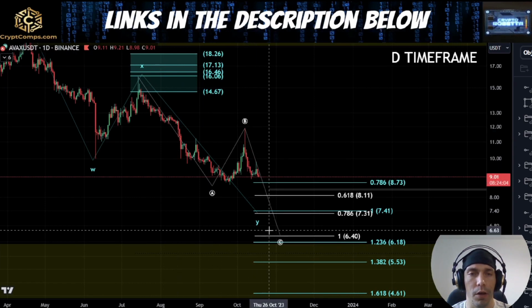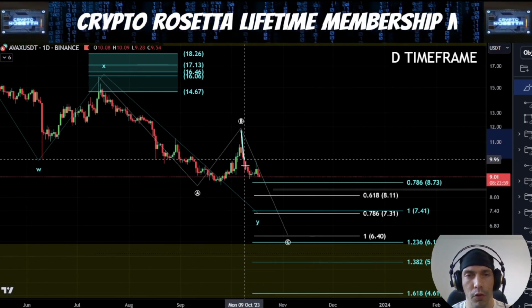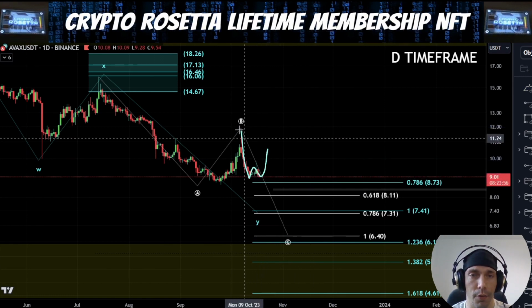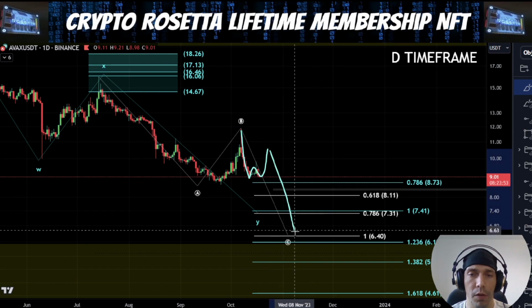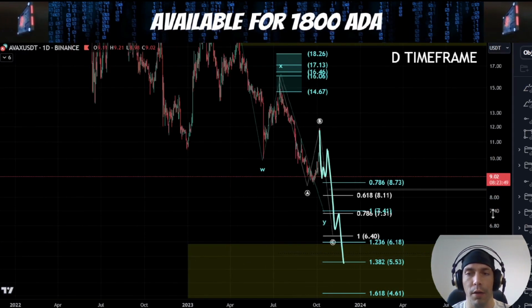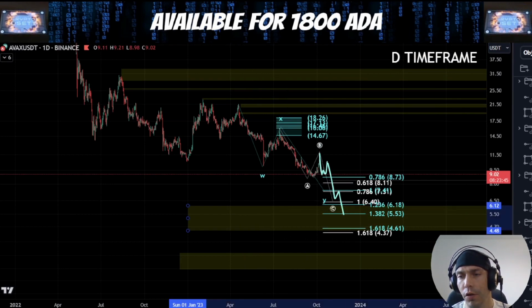Otherwise, this could start to indicate that we have some bigger impulses. Now, looking at the current structure we've got here, I'd be expecting a bounce to the upside, not taking this high if this count is in play. And then we'd want to see a 3, 4, and a 5 looking to push us down into some of these lower levels here. Now, we do have a target box in this area, and within this target box, what